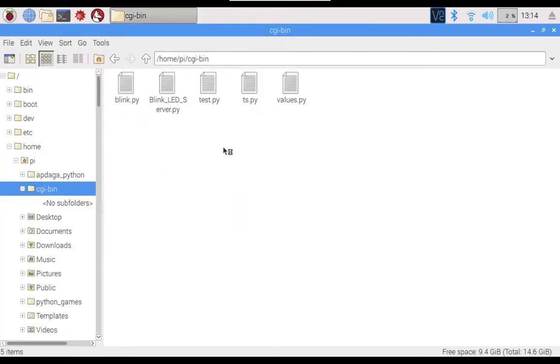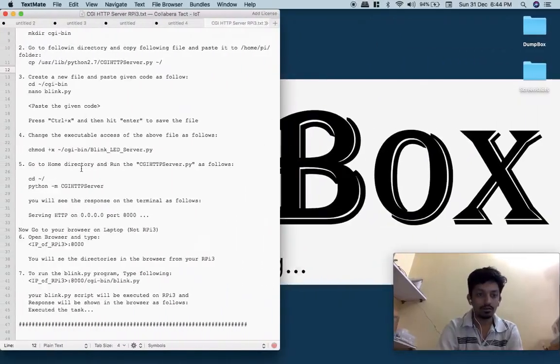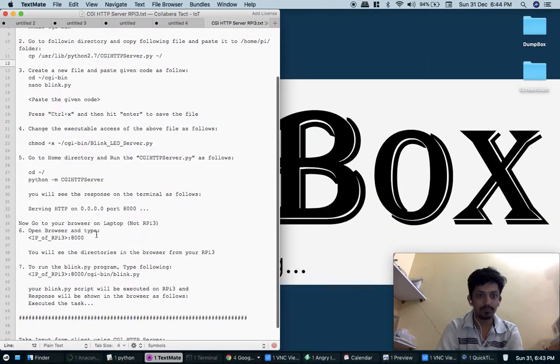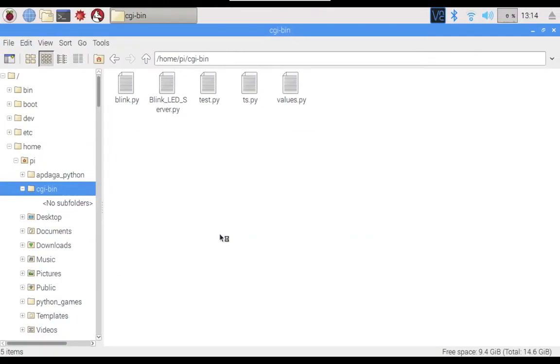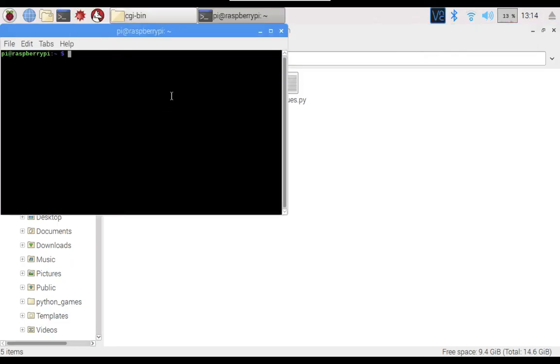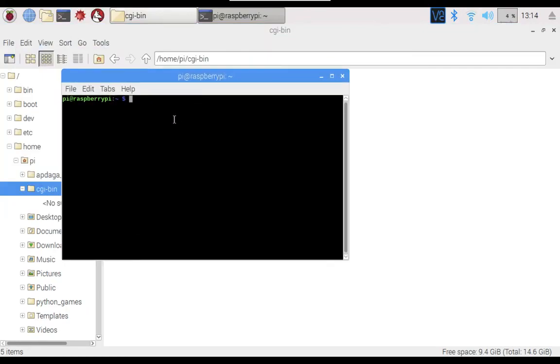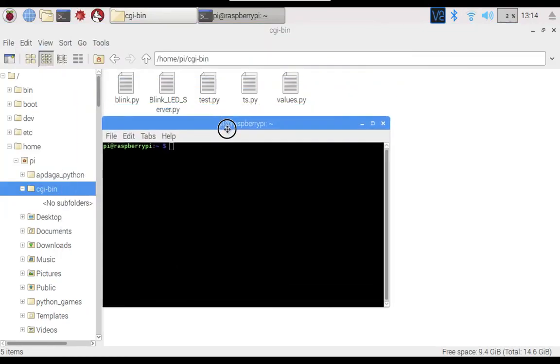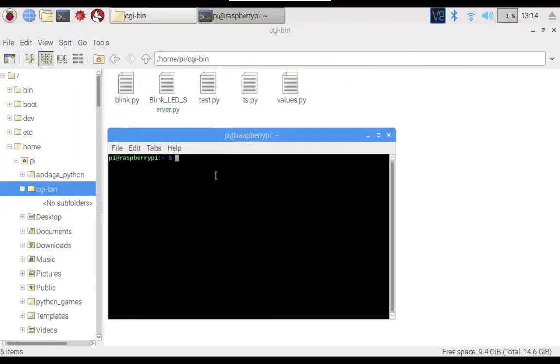Now we have followed all these steps, and we will start the CGI server. For that, go to the terminal.